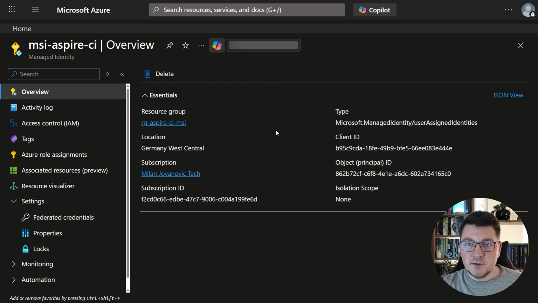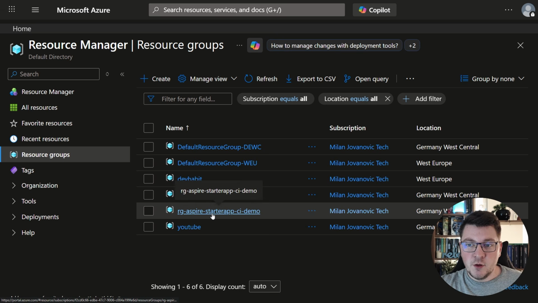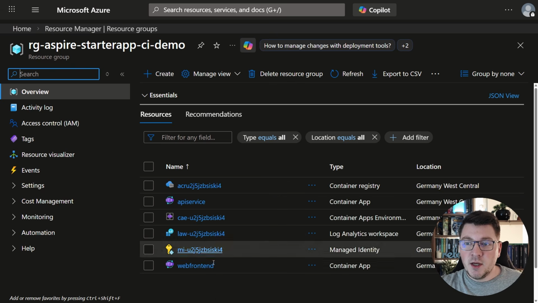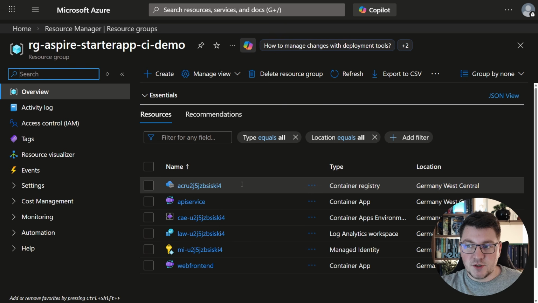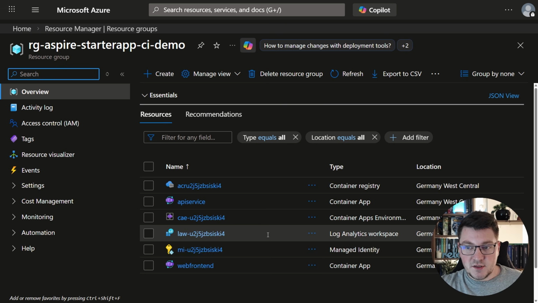Now, if we go back to the resource groups, there was another one there that I want to show you, and it's the resource group for our Aspire application. So if you go here, you can see we have a few resources. Here's the Azure Container Registry, where we are going to host the Docker containers for our two applications, the API and the Blazor frontend. We have a managed identity for managing the access policies between our services, and we've got